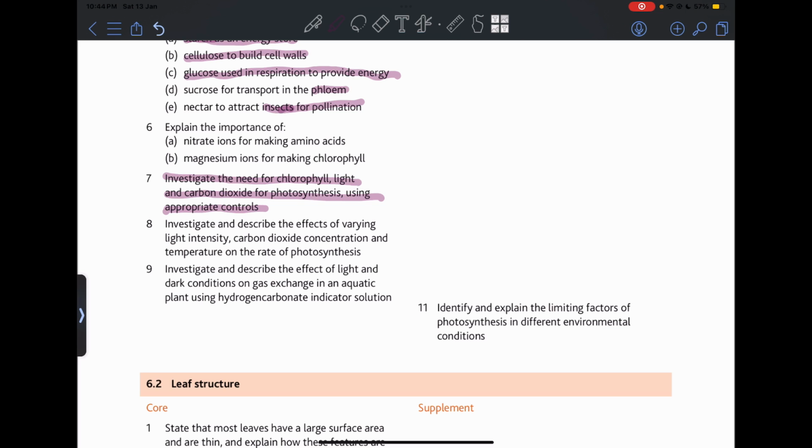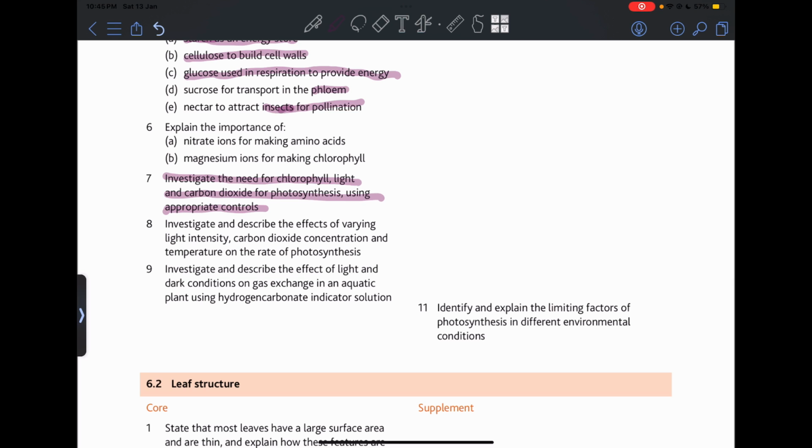The same thing applies to temperature. This is because the enzymes, if you really increase the temperature, then the enzymes will be denatured. If you decrease it, then the enzymes will not be working in their optimum temperature, as I explained in chapter 5. Number 9 says, investigate and describe the effect of light and dark conditions on gas exchange in an aquatic